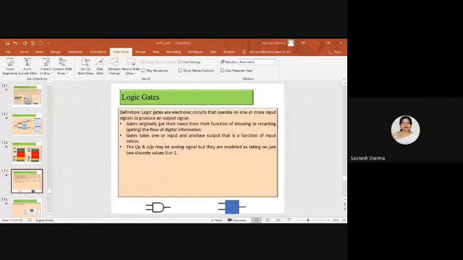Please try to understand that digital electronics is a very easy subject, and it will help you at the time of placement. Please make this subject your favorite subject. Once I explain the other topics, you will find that it is very easy. Though if you go to the advanced level, it is not easy, whatever concepts I am telling you as the basics will be very interesting.